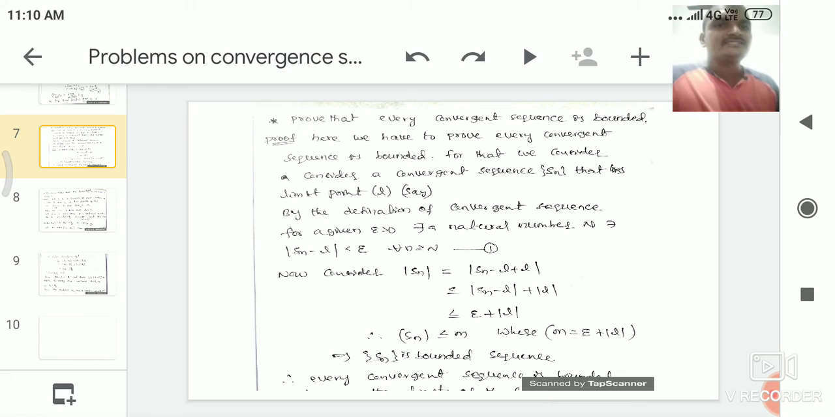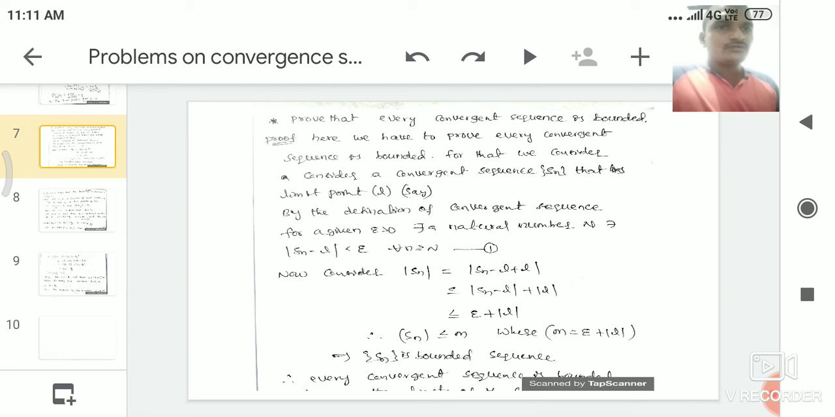For that we consider a convergent sequence Sn, the limit point of the sequence is L. Whenever Sn converges to L, by the definition of limit point of a sequence or convergent sequence, for a given